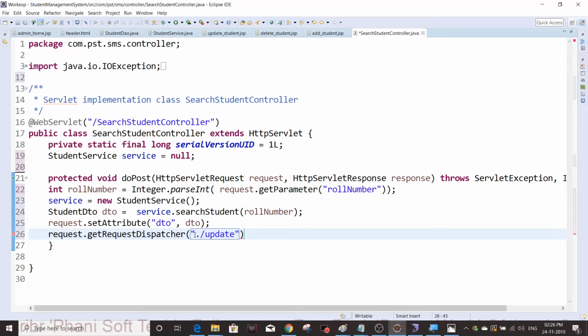update underscore student.jsp, okay, dot forward